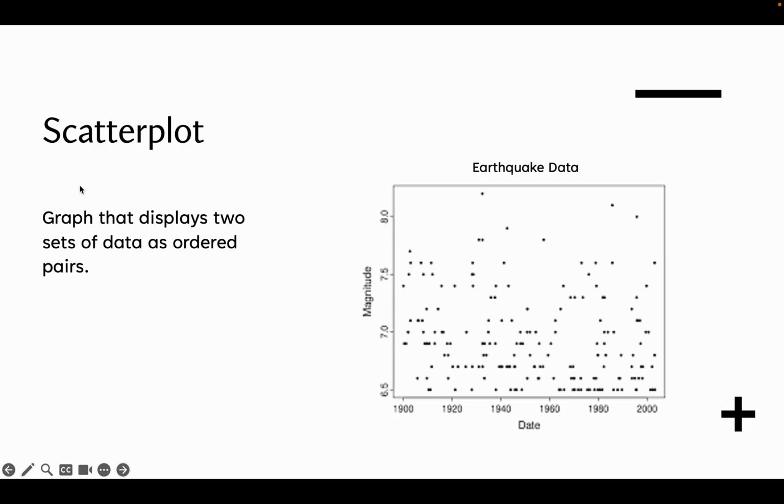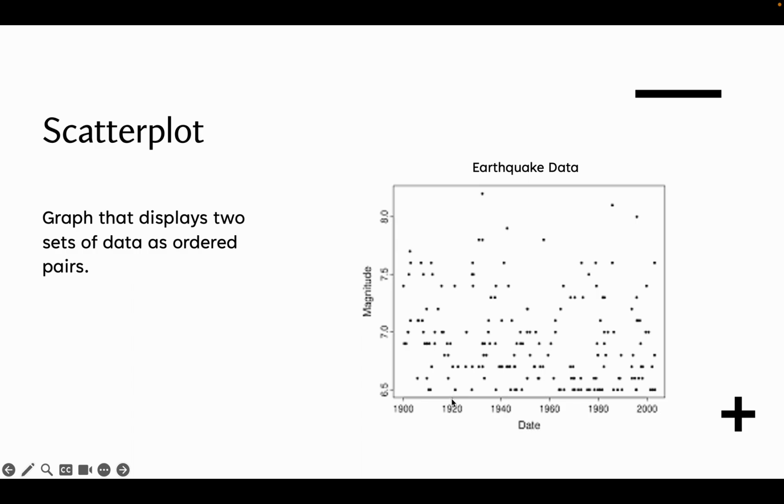So a scatter plot is a graph that displays two sets of data as ordered pairs. Here's my first set of data, down here. It's the date, the X line. And the Y line up here is the magnitude. That's two sets of data. It graphs those two sets of data as ordered pairs,